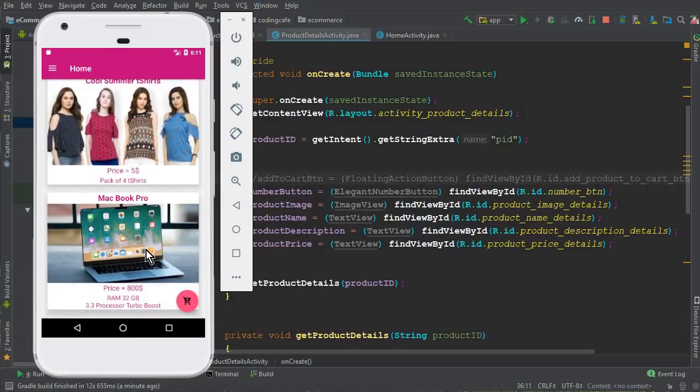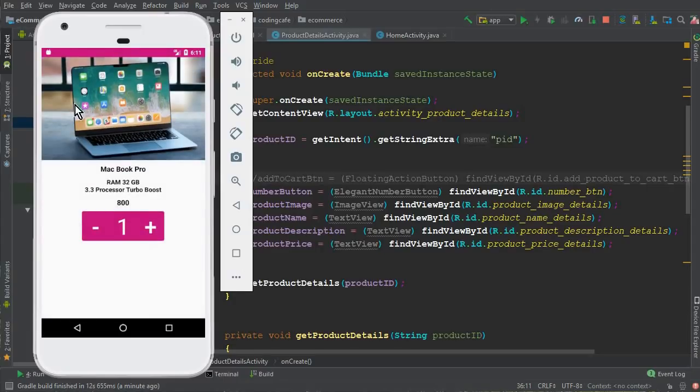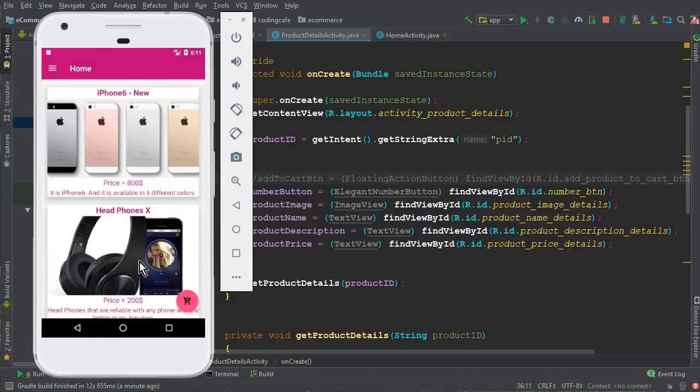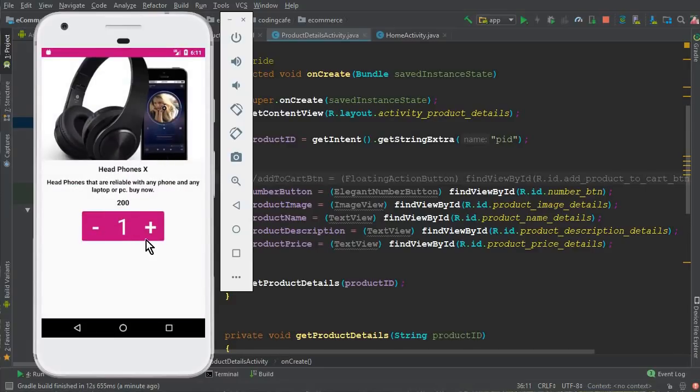So I'm going to click on this one, MacBook Pro, and here we go, MacBook Pro. This is the description, the price, and then you can choose any quantity you want. The same, let's check it for this. You can see this, I mean this is perfect, this is amazing. So yeah, that's it for this video, and in the next video tutorial what we will be doing is that